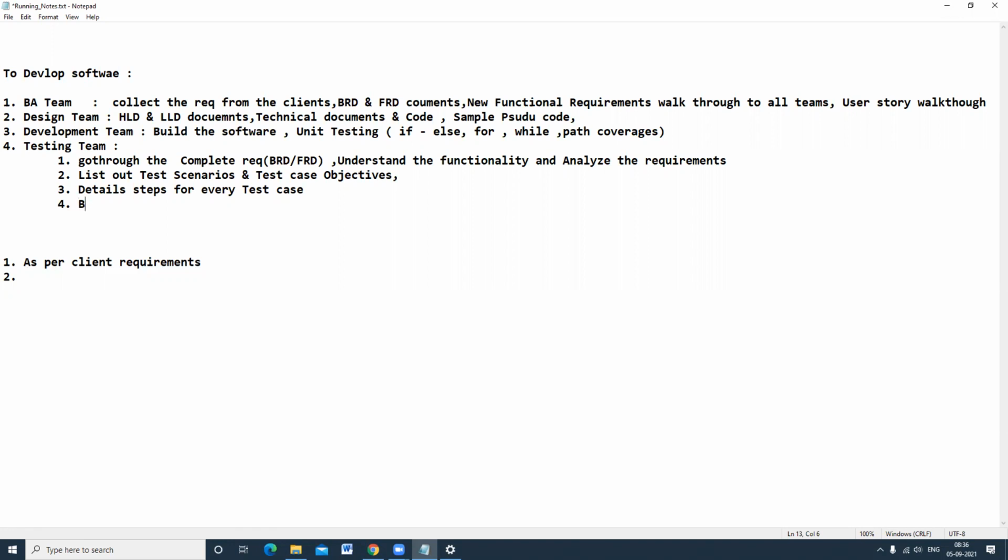So the build is ready. That means your software is ready, and you have to test it. So what you have to do is, whatever test case steps you have written, all those test case functional flows, you